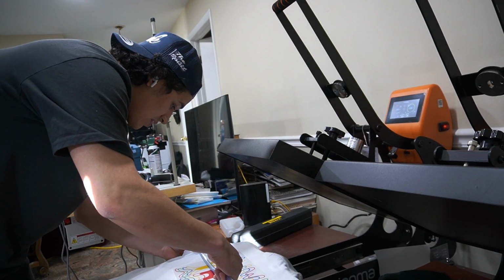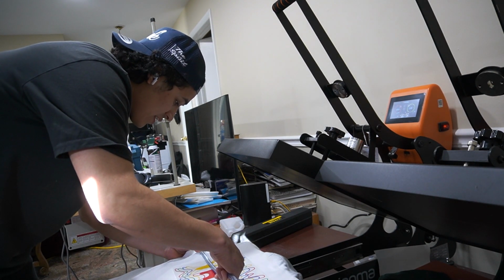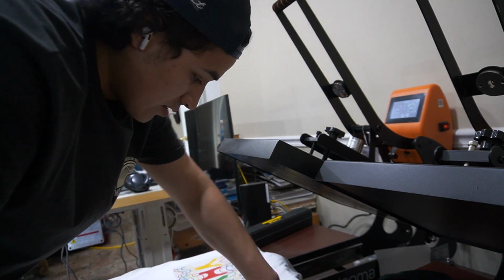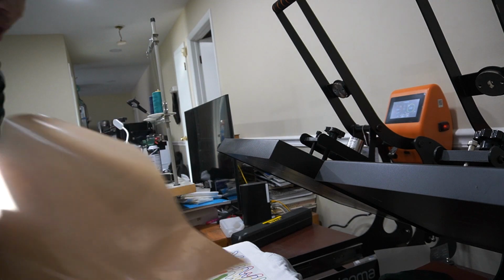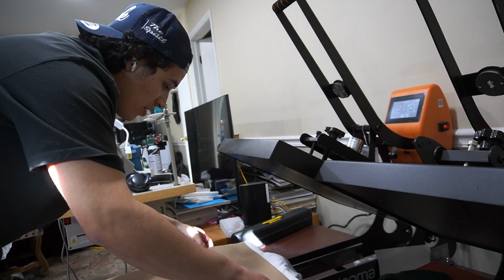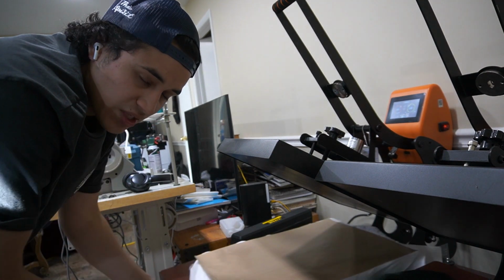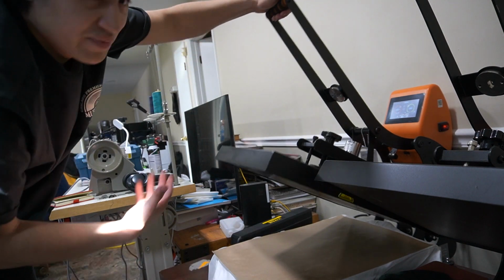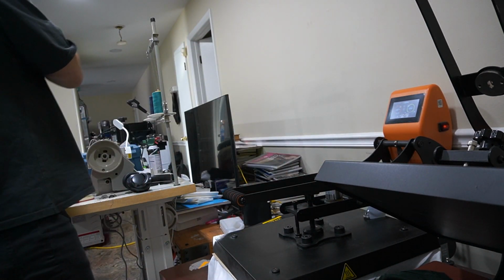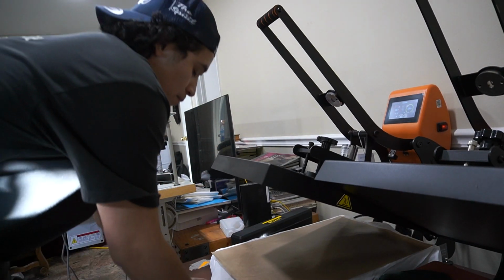Now I'm just gonna make sure everything is leveled. I'm using these ends here. I'm using these as marks, so I make sure it's not crooked because you don't want that. Ah, damn! See, it just moved. Now I have to adjust it again. Use, I forget what this is called. I think it's adhesive paper, and then it basically protects it, but it helps a lot. I'm just making stuff up. I don't know. They just tell you to use it, so follow them. I don't know. Now it's gonna boom, pull it out,